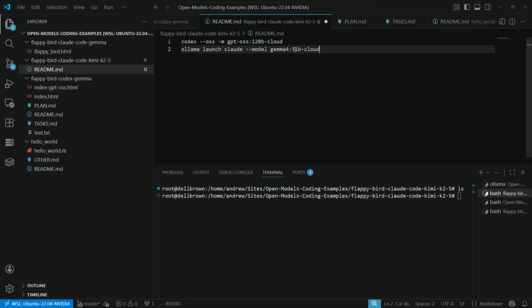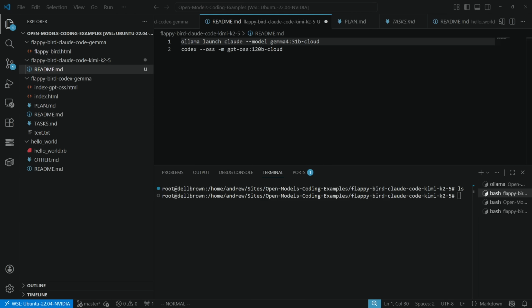Like Codex wasn't that bad. Like, I really can't tell the difference. So I'm not sure if using a generic coding harness is going to really pay off in any way, but there are a few that we want to try, like Goose and stuff like that. But we won't do that just yet. Okay, so we're going to go ahead